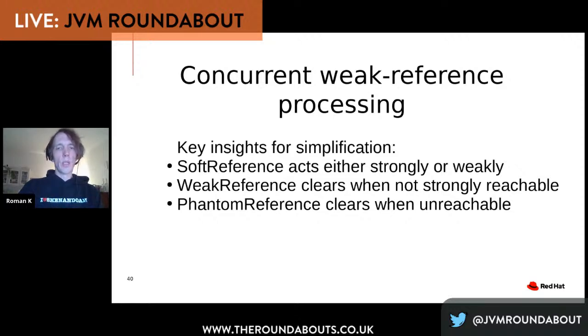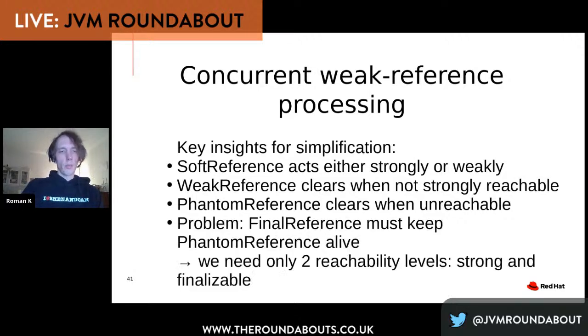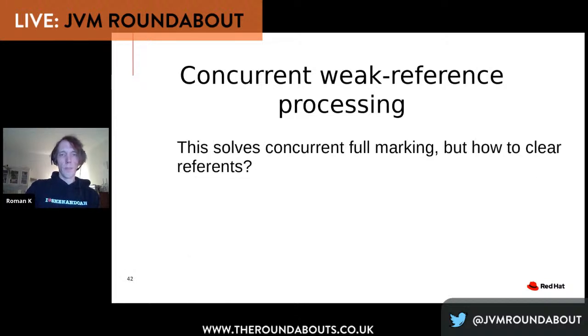Phantom references are basically the same. They get cleared when they are not reachable. The problem is we have final references which must keep phantom references alive, because phantom references must not get cleared as long as they are reachable by a finalizer, even though the finalizer may be unreachable by strong references. Which means overall we need two reachability levels: strong for ordinary object graph traversal, and finalizable. And